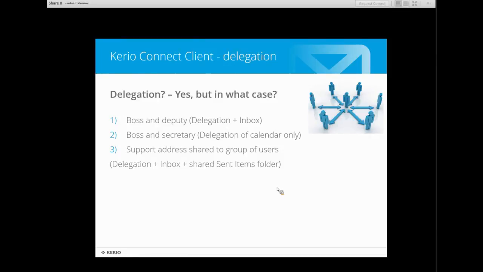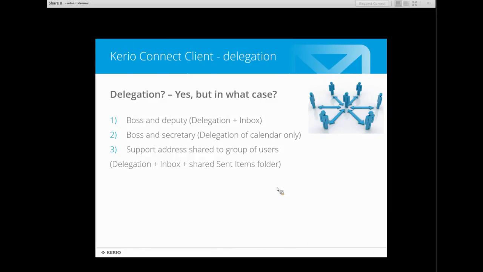And in current version of Connect, it is possible to share any folder that you have in your mailbox. So in this case, all the support team members will see the incoming emails. They will be able to answer on behalf of the support email address. They may create some events in